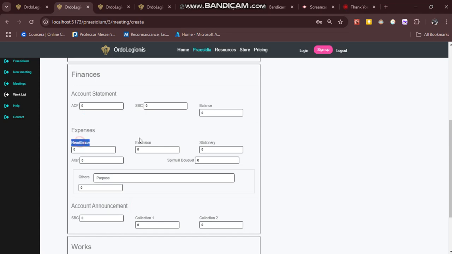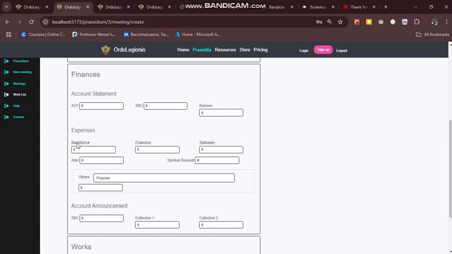Expenses. No, nothing on that remittance. So the expenses are broken into 6 categories: remittance, extension, stationery, altar, and the spiritual bouquet. Then you have the others.